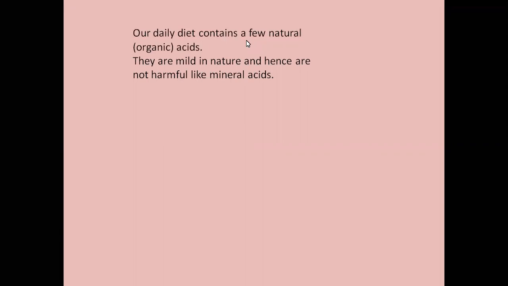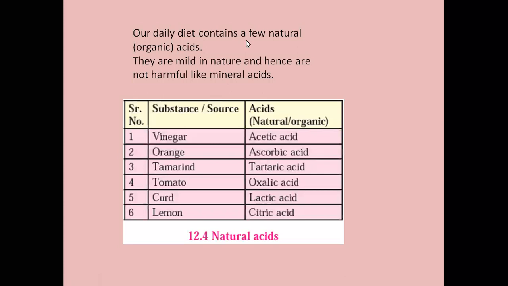All right, let's not waste time and quickly start with the chapter now. In the last class, if you remember, we were studying the chemical definition of acids, which told us that acids when dissolved in water give us H plus ions. HCl, when it dissociates in water, that is HCl aqueous, gives us H plus aqueous and Cl minus aqueous, isn't it? Hydrogen ions and chloride ions. After that, we also studied a few acids that we use in our daily life, which are edible to us. And we studied the examples of vinegar, orange, tamarind, tomato, curd, lemon. Till here we completed in the last class.